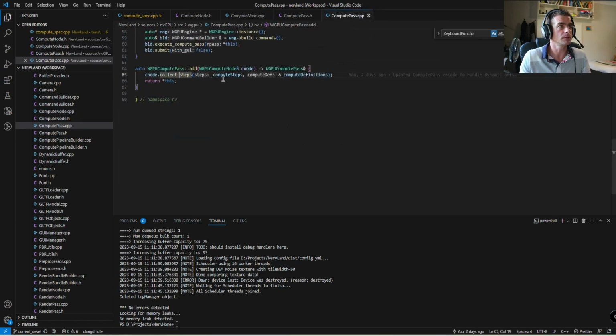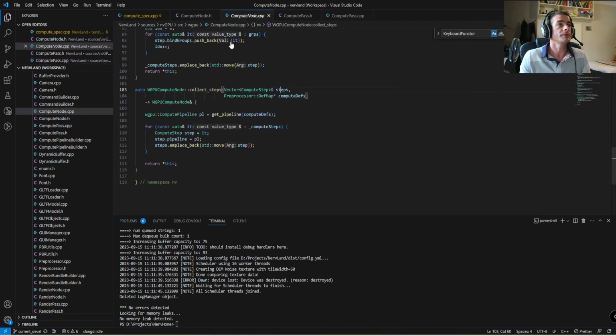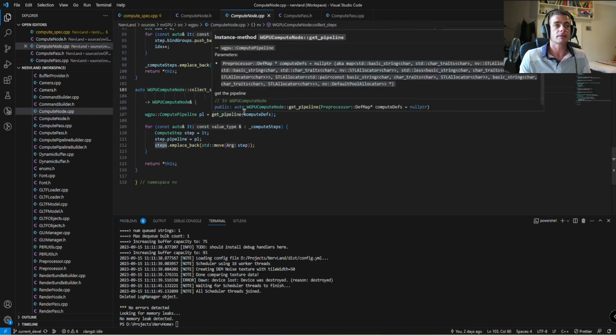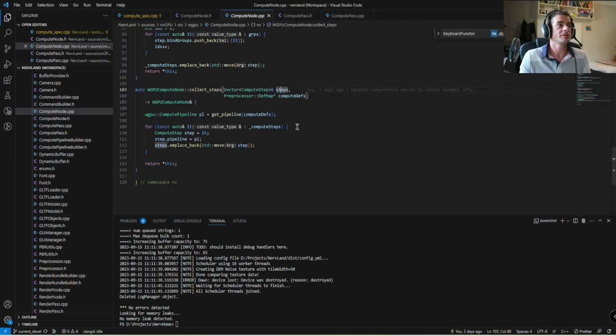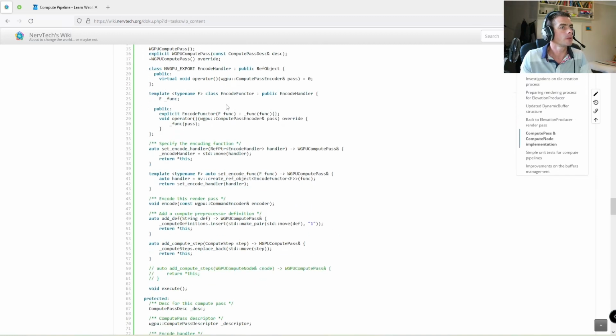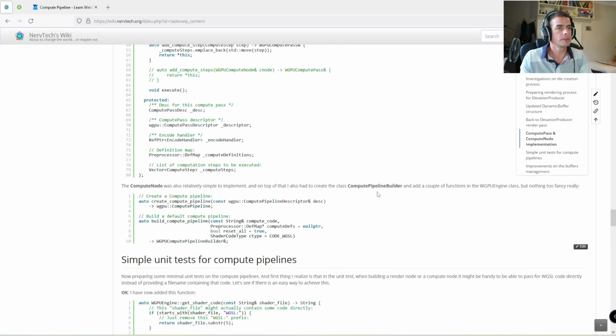You can see here in the compute path, we're collecting all the steps in the internal member. And this is it for the compute node. Not much more to do with that. So that's it for the basic implementation of those two elements. Actually, there were a few additional steps. I think I mentioned that in the description here, creating those two things, but then you